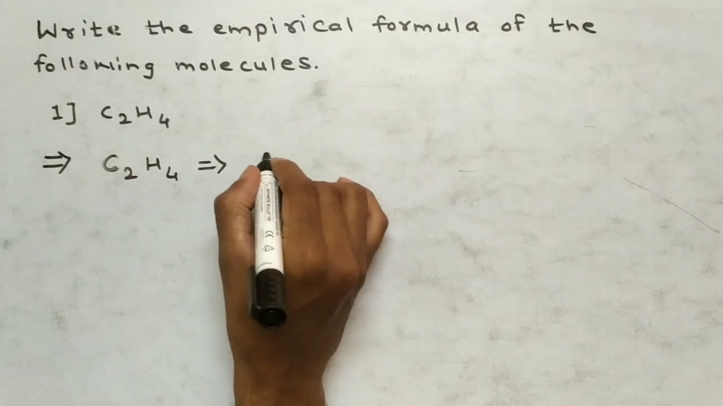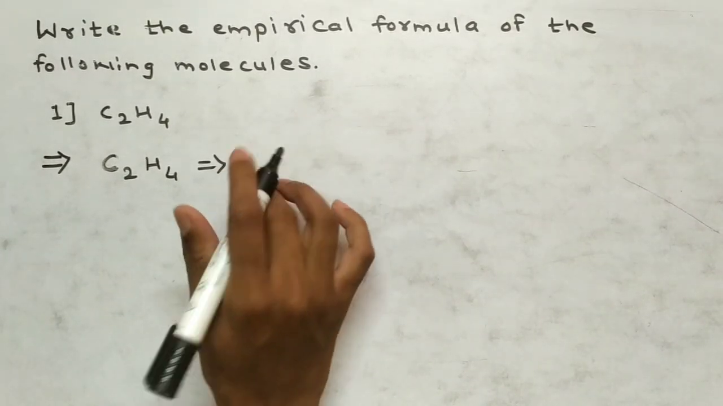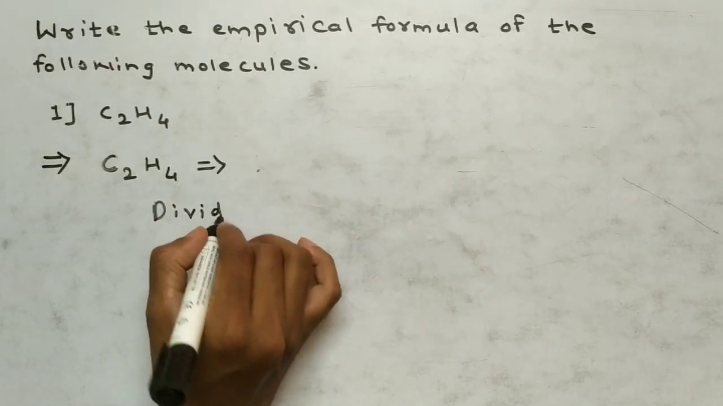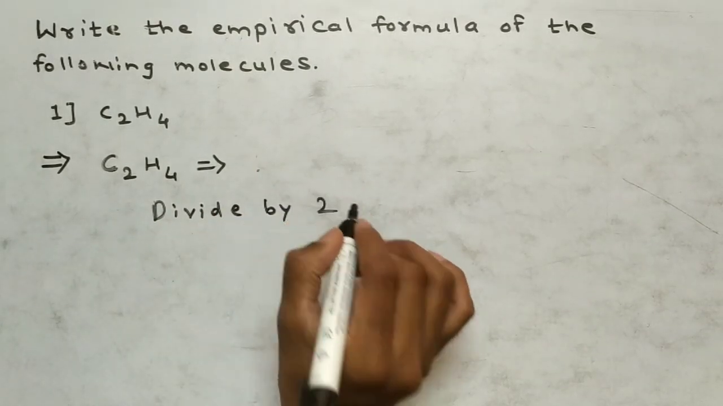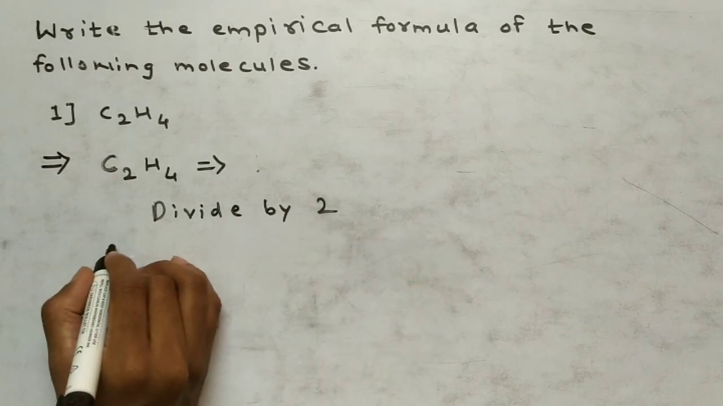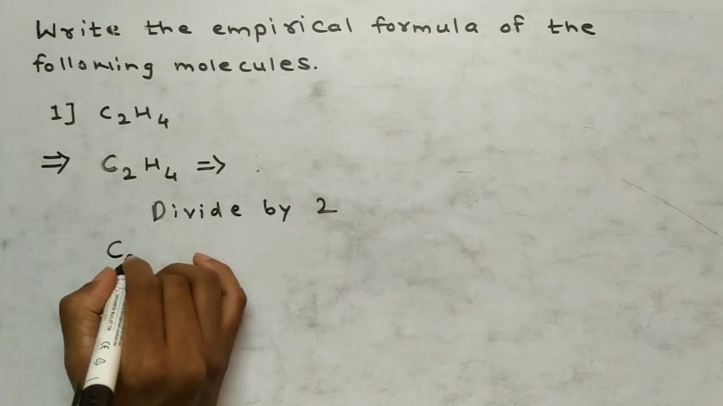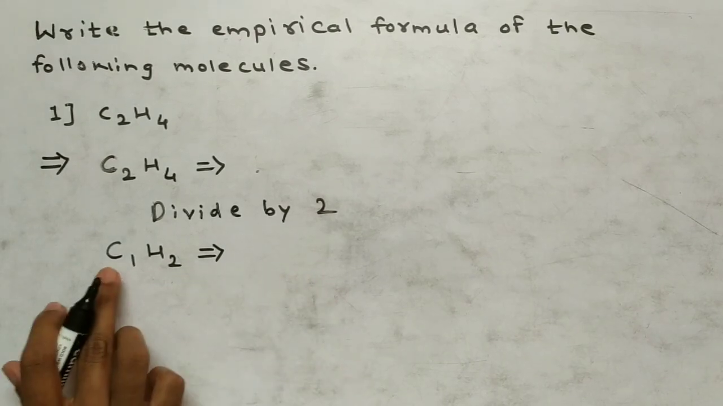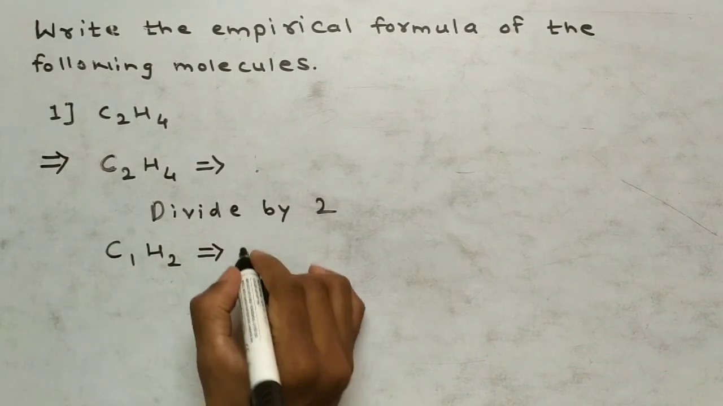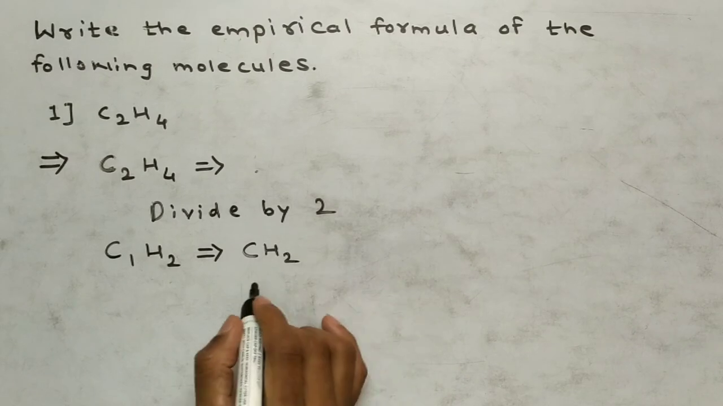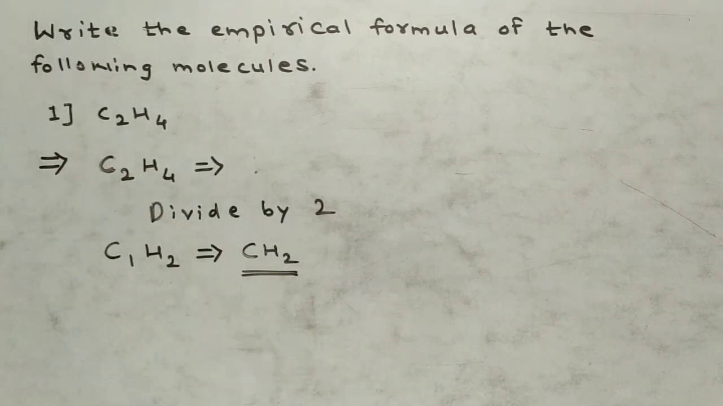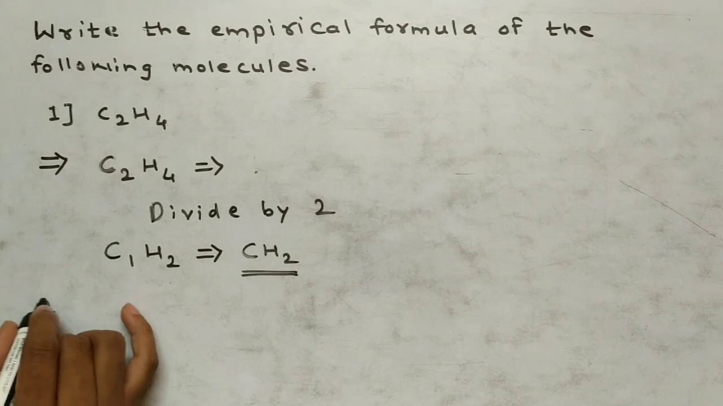So what we'll get, so I will just write here, divide by 2. So we'll get C1H2. So normally we don't write this one in the formula, so this will be CH2. So our empirical formula for the C2H4 is CH2. Now let's take the second one,